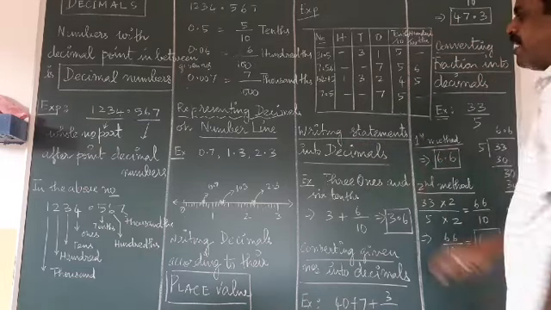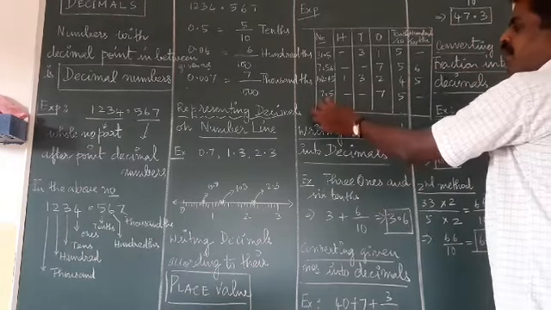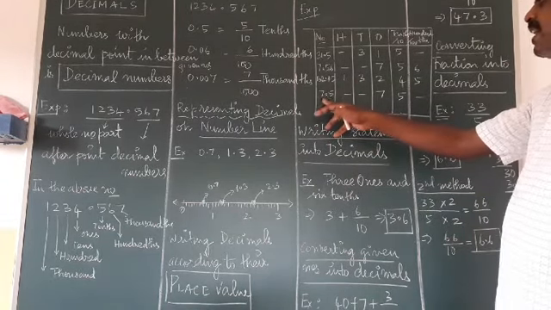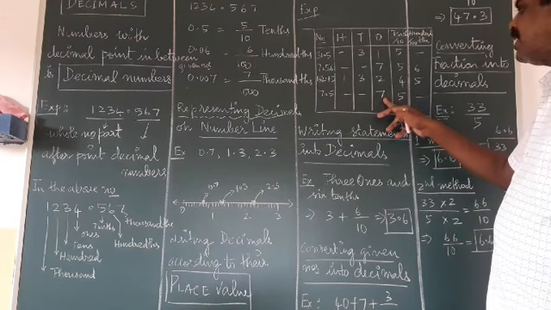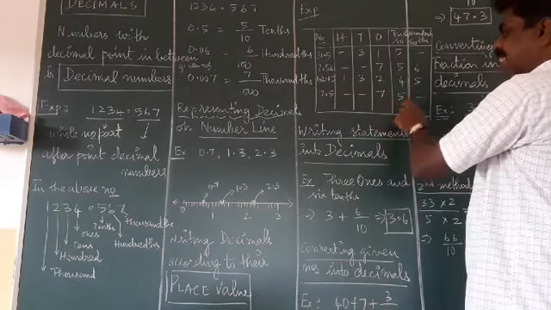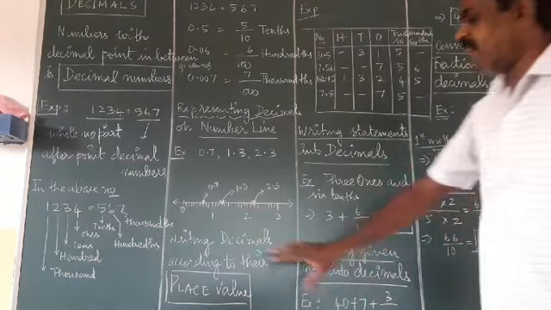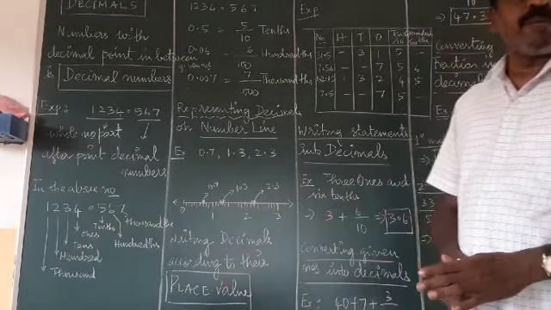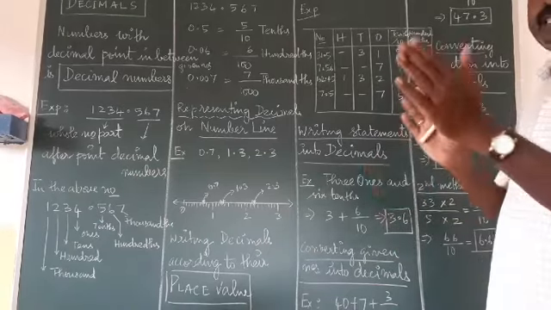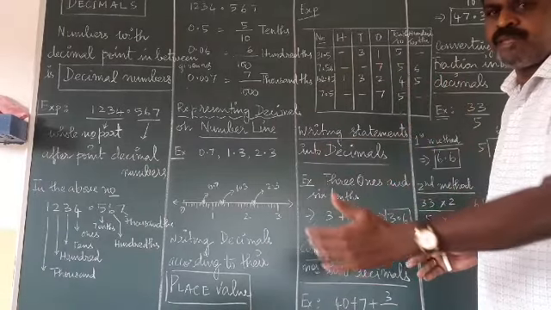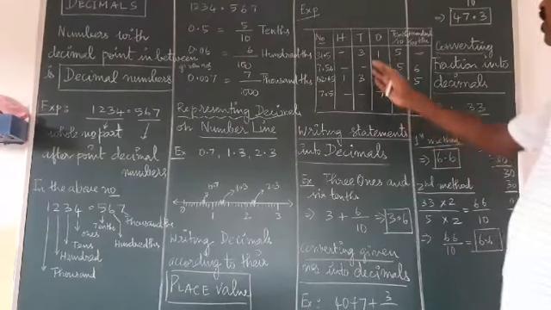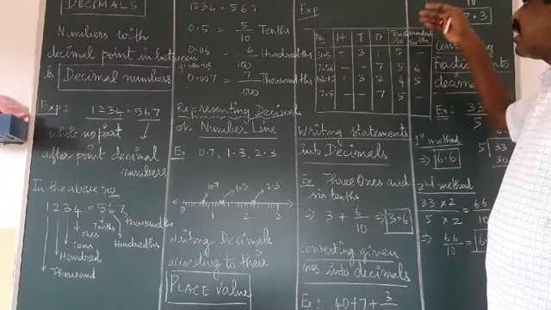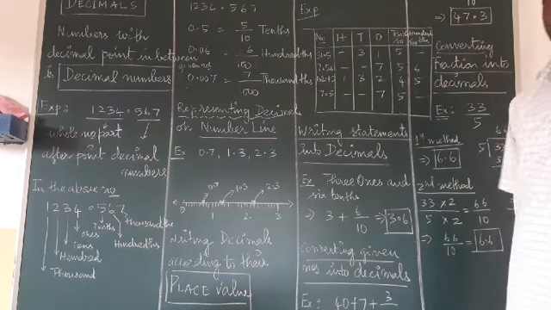Then a simple number I have taken: 7.5. One whole number digit, one decimal digit. So we are taking 7.5. 7 is the 1's digit and 0.5 is the tenth digit. This is the way of writing a given decimal according to the place value. Separate each number after the decimal and before the decimal. According to the place, you have to enter into the 1's unit, 10's unit, 100's unit, or tenth unit or hundredth unit.